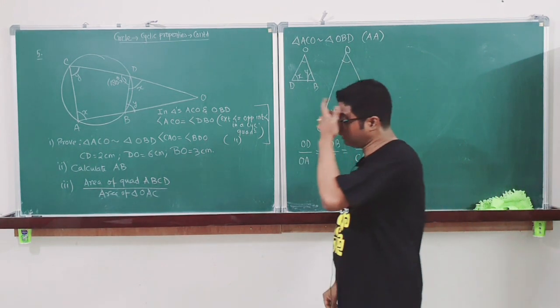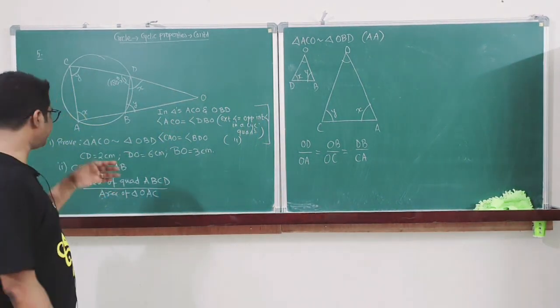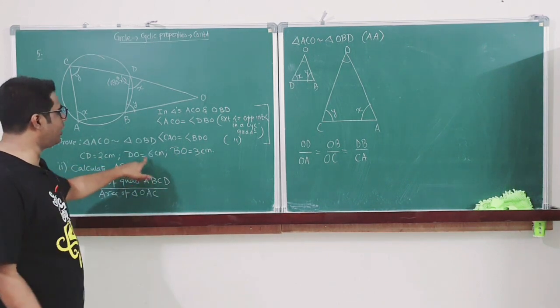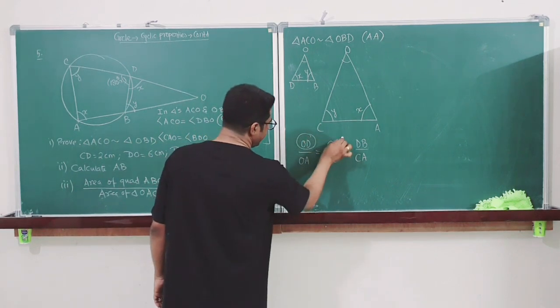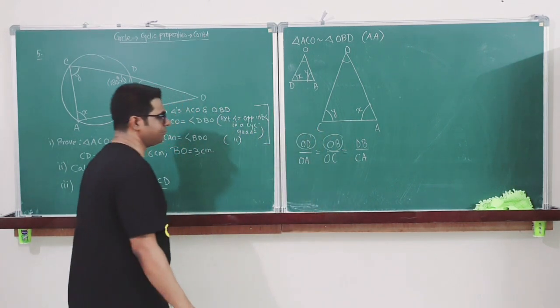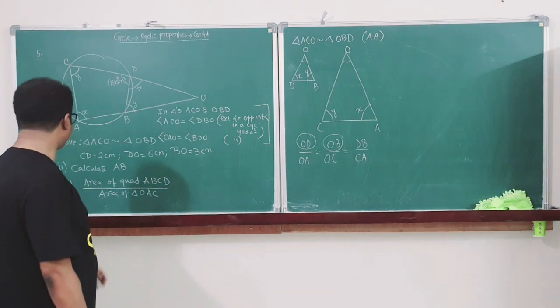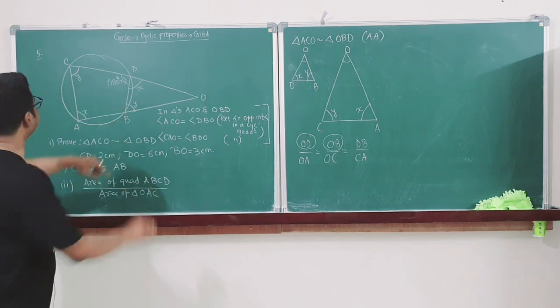Now the question is, I don't have any AB over here, doesn't matter, I can calculate. What is there? CD is there. CD is there? No, no, CD is there. DO and BO are there. So here I have DO and here I have BO. This much is there with me. Okay? Now somehow I have to find out AB. I also have CD. What is CD? That means I have this.